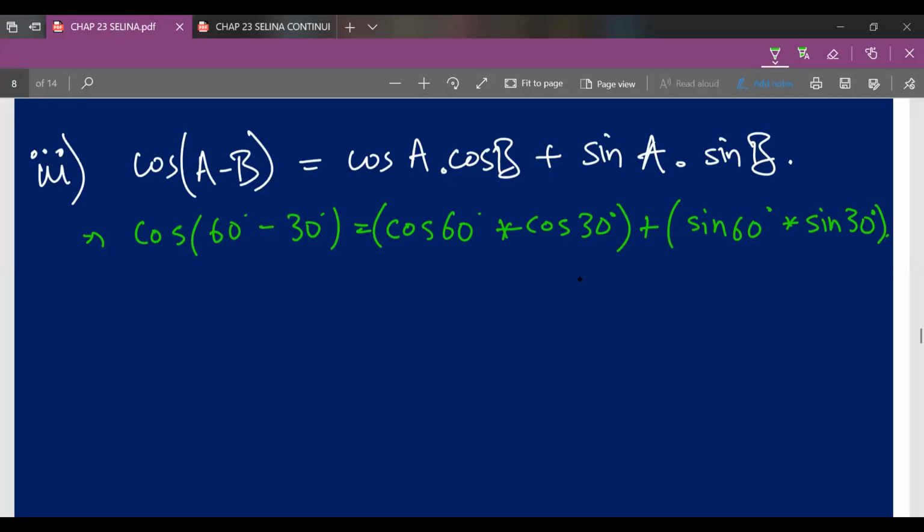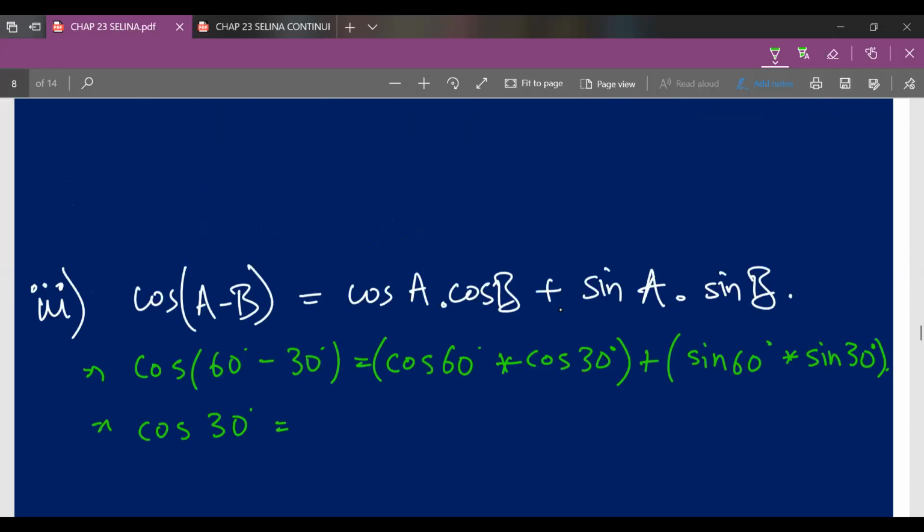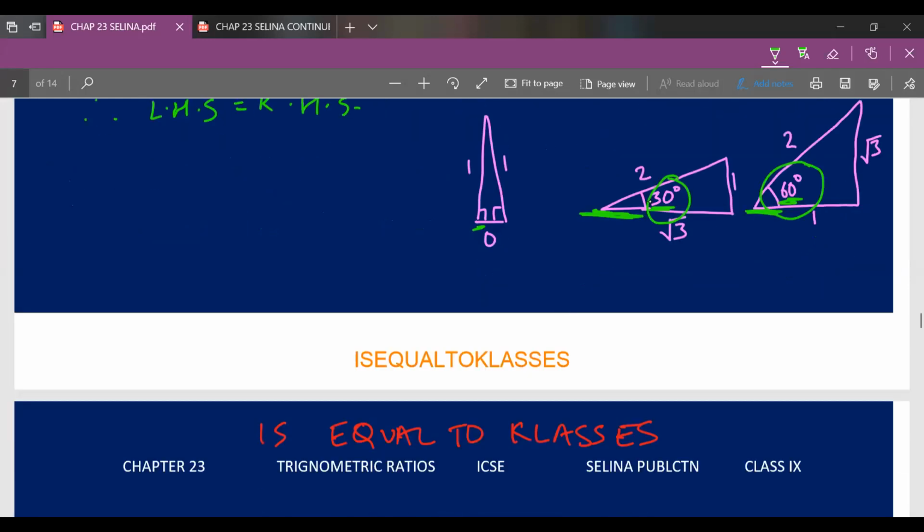Okay, so over here cos 60 minus 30 will be 30 degree, so I'll remove the 30 degree out of the bracket and I'll get cos 30 degree is equal to cos 60. Now again, for cos 60, I refer to the magic triangle. The magic triangle for 30 degrees is displayed here, and with respect to angle 30 degree, cos 30 degree will be root 3 upon 2.